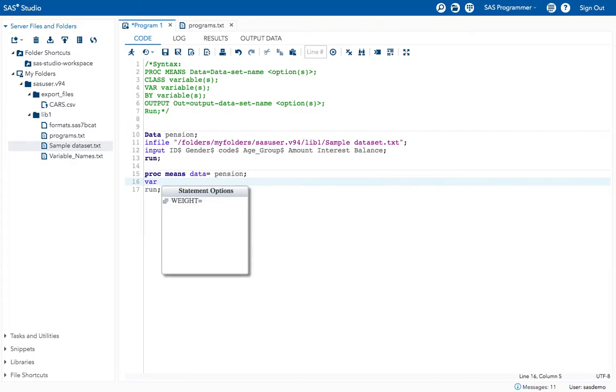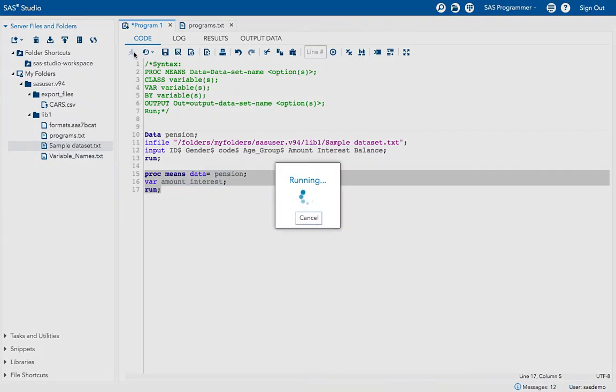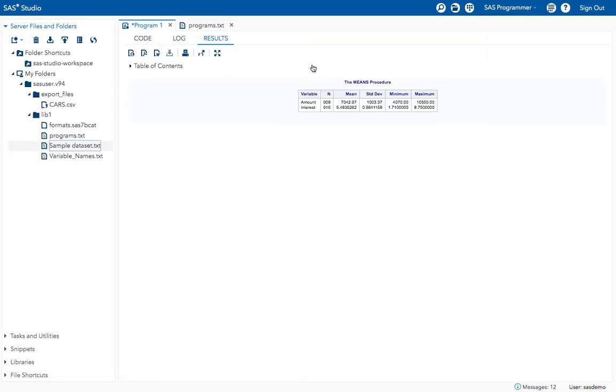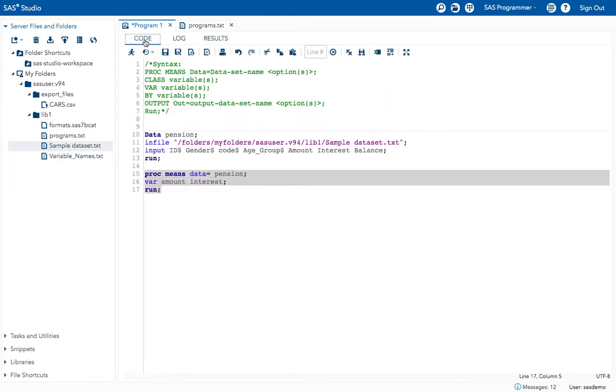Now I want to generate mean values for amount and interest variables. Now execute the program. Now I have generated the mean values for both amount and interest. Like this we can specify the specific variable names to generate the required data.